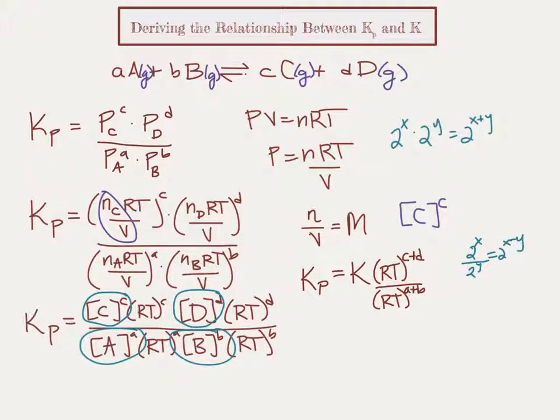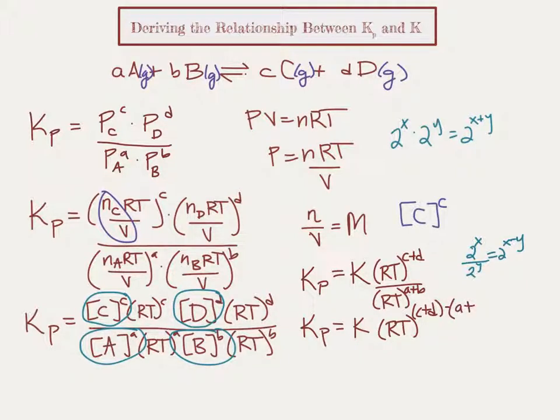So I will subtract those superscripts to get us to the right answer. So we'll end up with Kp is equal to K, the equilibrium constant in concentrations, times RT to the power of the product moles, subtracting